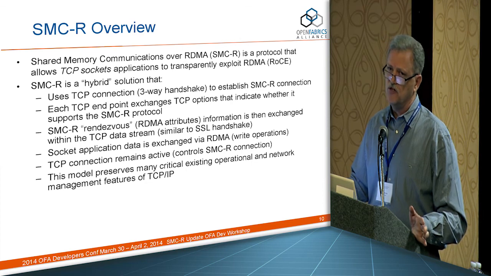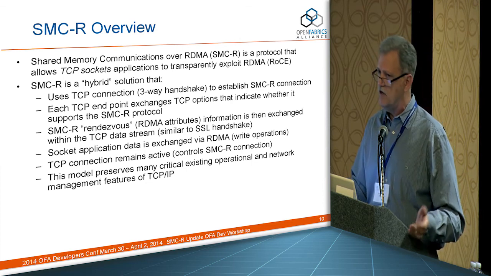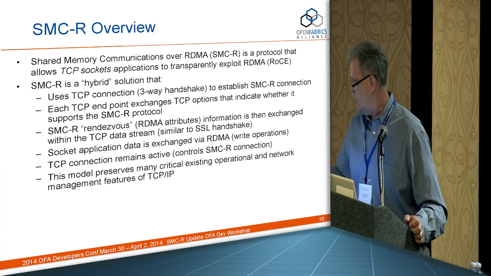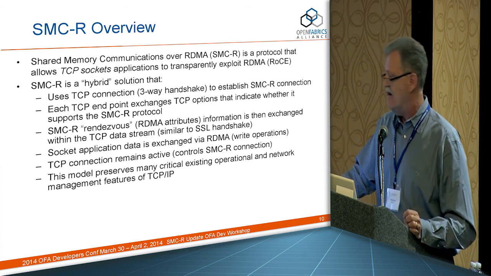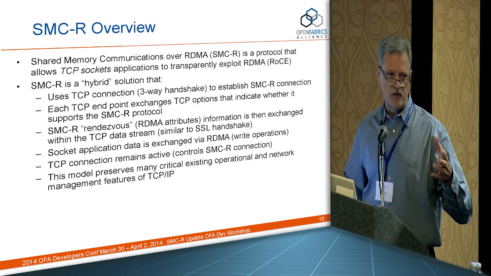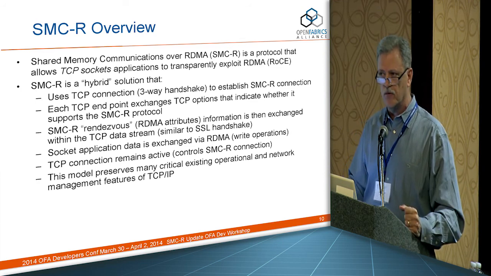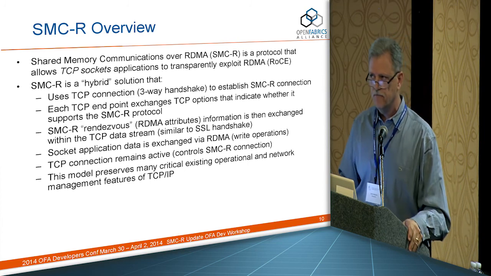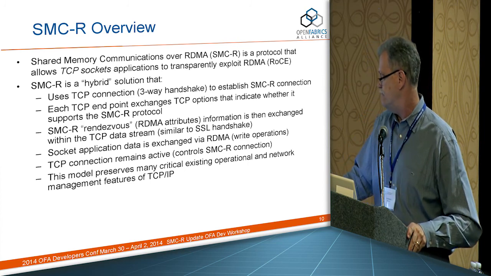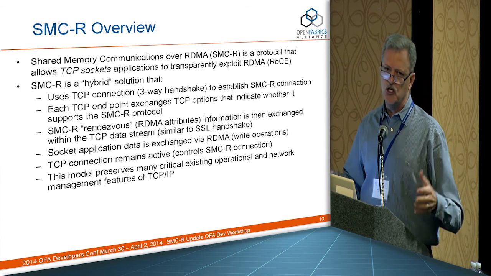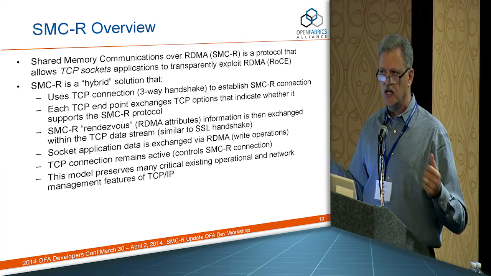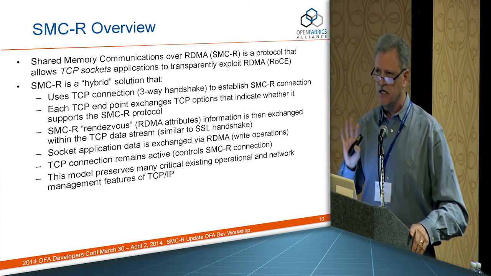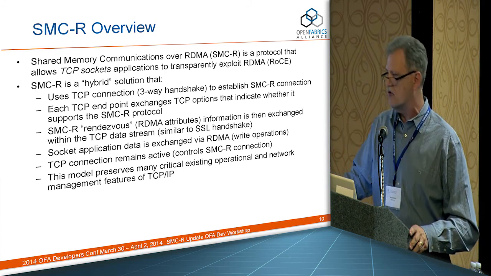Again, it uses the standard TCP/IP three-way handshake. We added a TCP option. Each endpoint exchanges their options within the rendezvous. If we get past that first step, then we have a new three-way handshake to exchange RDMA credentials. If that fails, we fall back to IP. If it succeeds, we will then use RDMA. Again, the socket application is unaware of this. It's just enabled in the host, and we maintain socket semantics in the programming threading model